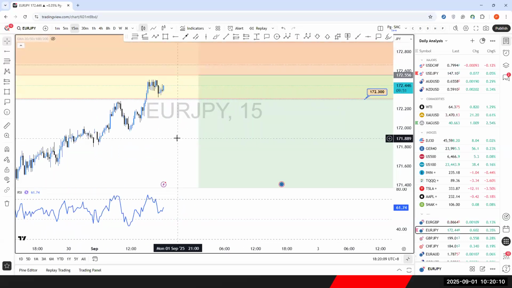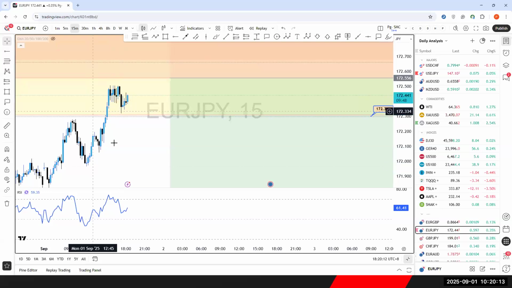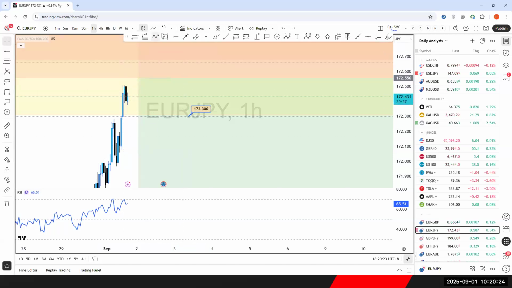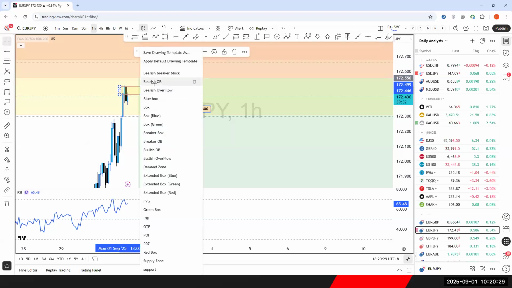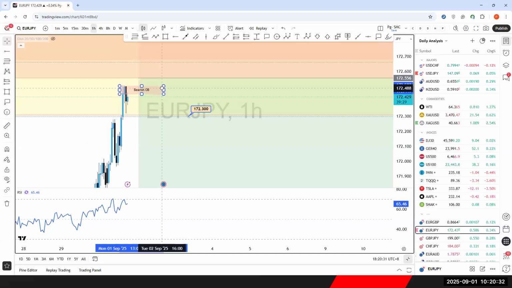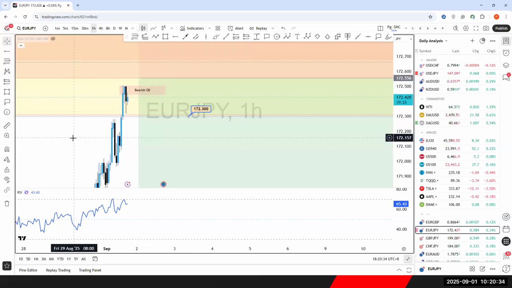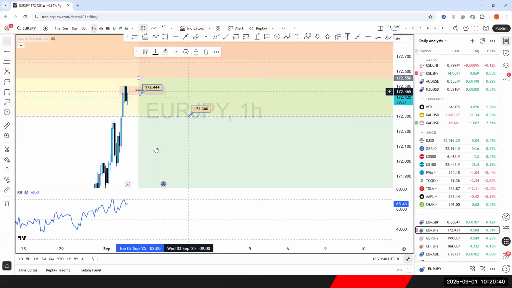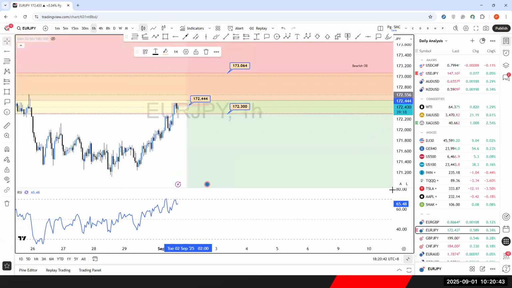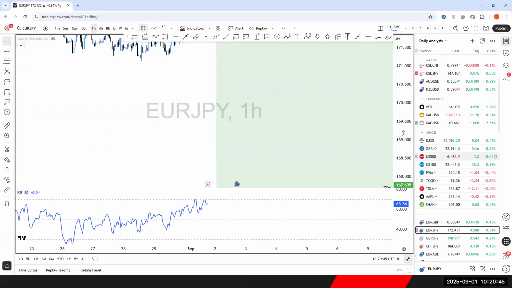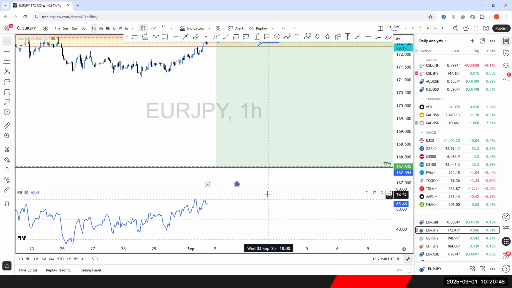Okay. But in D1, price has already made a change of character. Okay, it might go back to the zones or go to this one. So you can sell now at the OB. Whatever you like, you want to sell. So now you can sell now, right? Here. Sell now. Okay, and then your target is TP here, 167.